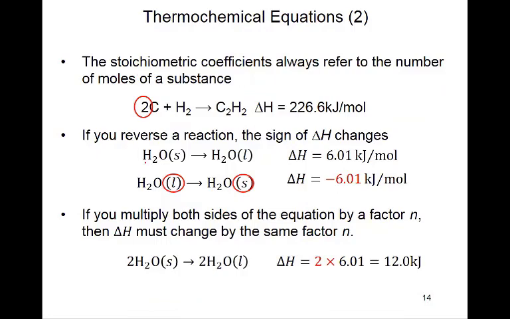Point number 1 is that when you write the chemical equation, this 2 means the number of moles. Here you see this is 2 moles. This is balancing the equation, and this coefficient, the stoichiometric coefficient, is called the number of moles. This point number 1 is finished. Now point number 2 says, if you reverse a reaction, the sign of the delta H will also be reversed. So now we look here, this water is a solid, meaning ice is changing to liquid water, normal water, so delta H is positive here.